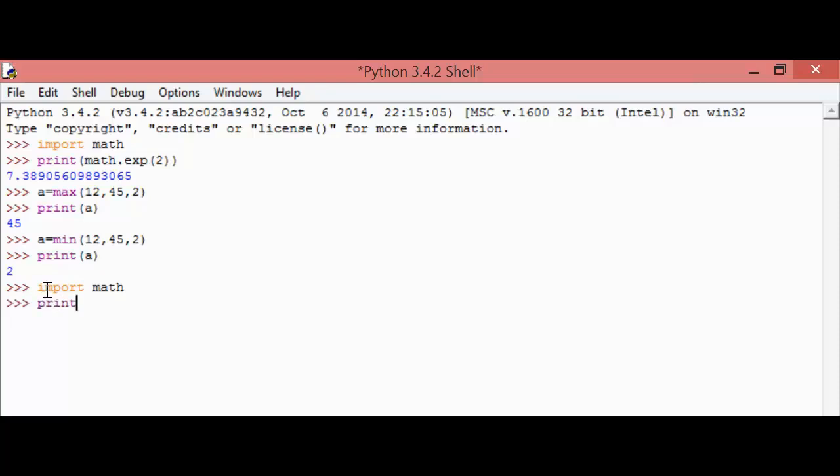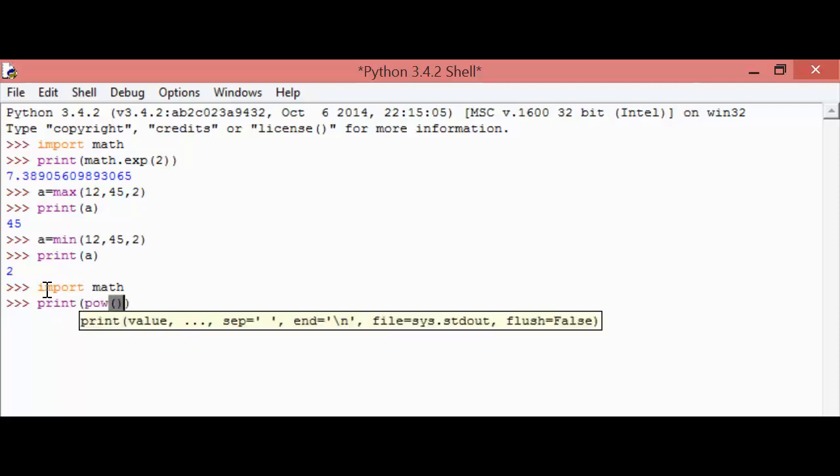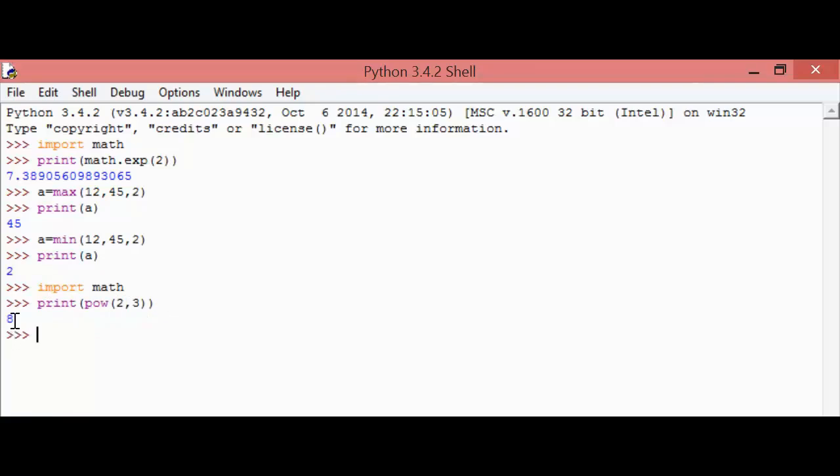And now I am going to print the value pow, and now 2, 3. Here 3 is the power of this reference value. So here we get the result 8, which means that 2 to the power 3 is 8. So this is all about the power method.